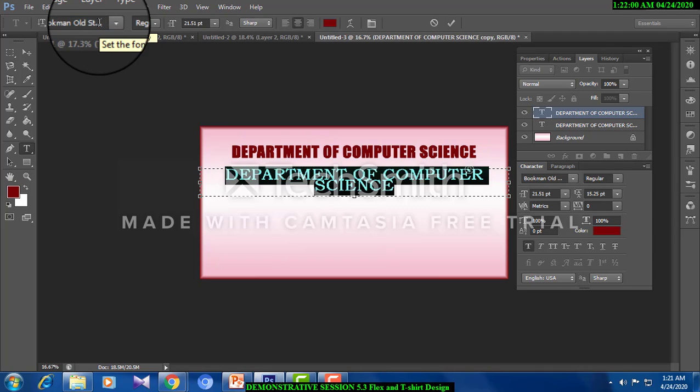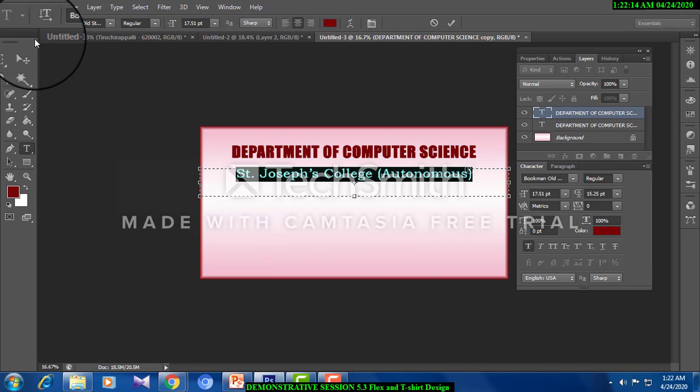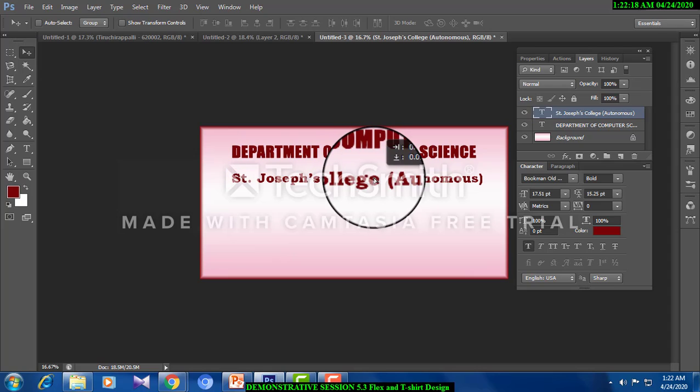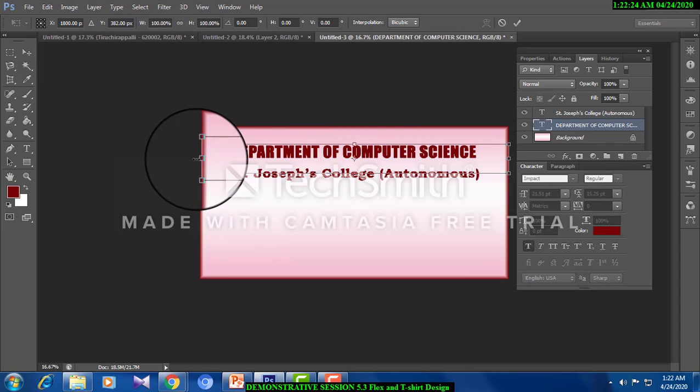Saint Joseph's College Autonomous, make it a little smaller, make it bolder also. For making it bolder, unlike Word, it should be Control Shift B. Anything that we do, it should be Control Shift B.